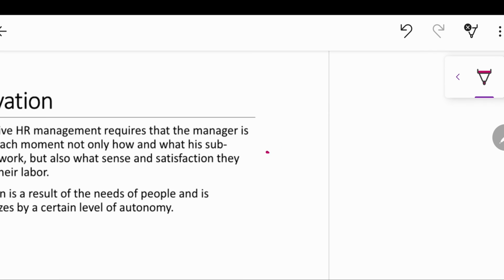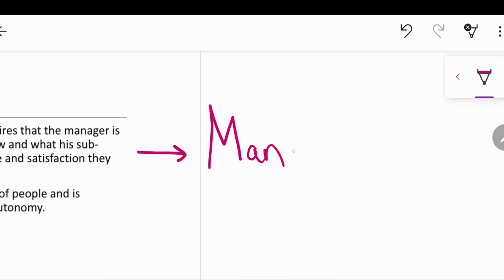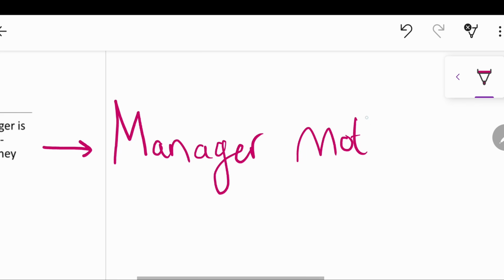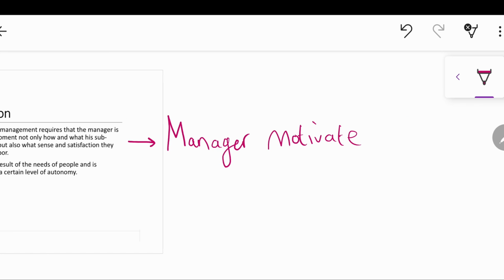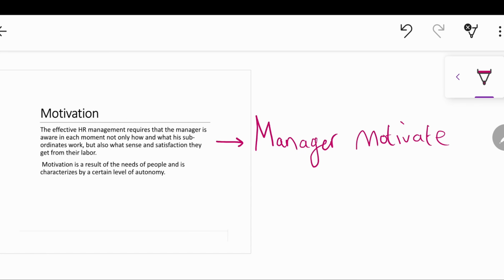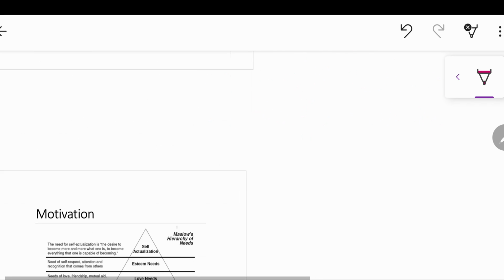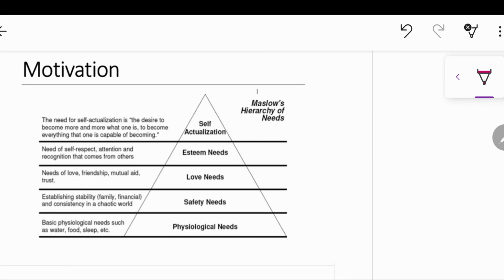Alright, so here it's trying to say, how can a manager motivate his team? So just think for a second, what is a good way to motivate a team if you are a manager? Alright. Fortunately, there was a guy a certain time ago who figured this out, and he created the hierarchy of needs,